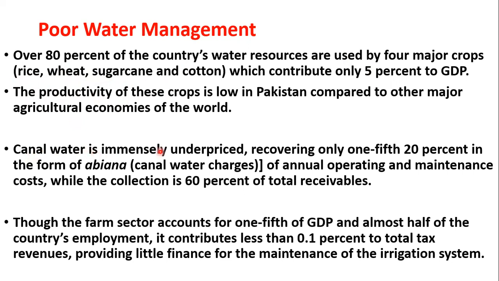Canal water is immensely underpriced. Clear? जो पानी है which is being used by different resources, that is not paying. जो पानी लोगों को मिल रहा है, most of the people using the water and they are not paying the due price to the government. Clear? और उसके पास गवर्नमेंट के पास जो है वो इतने पैसे नहीं होते कि वो जो है वो दरिया डैम्स बना सकें, वो नाला बना सकें, वो खाले बना सकें. Clear? So therefore the water should be,